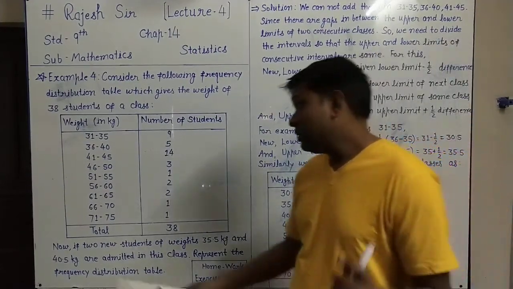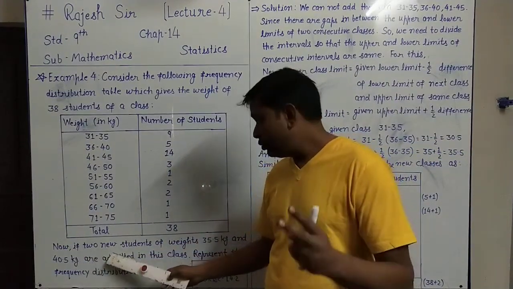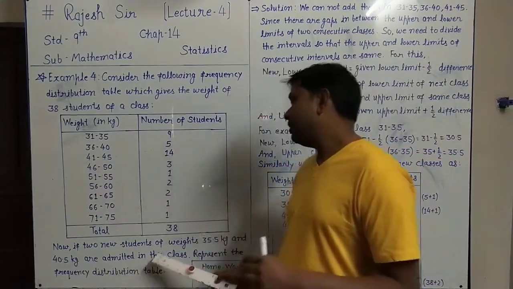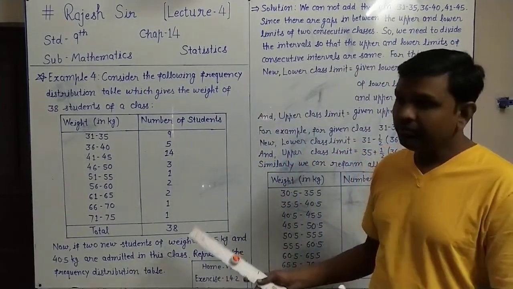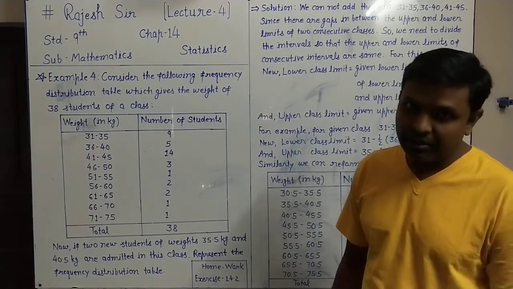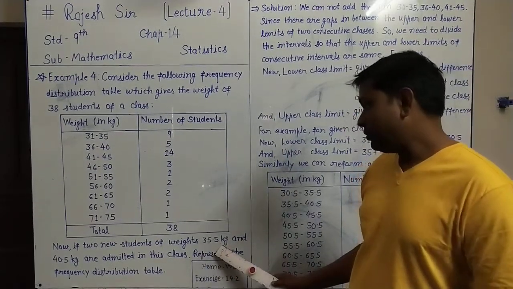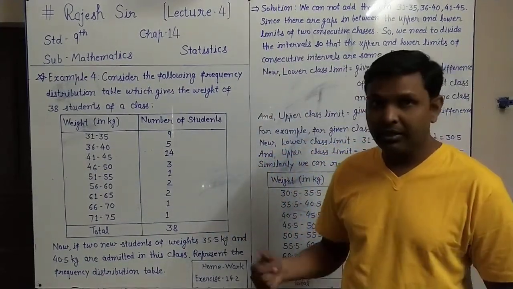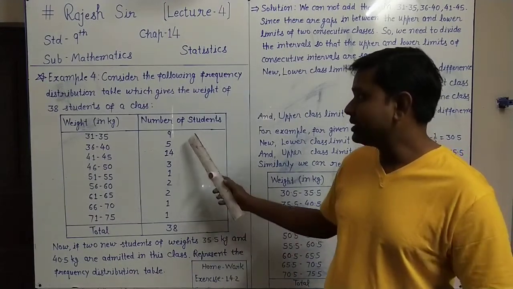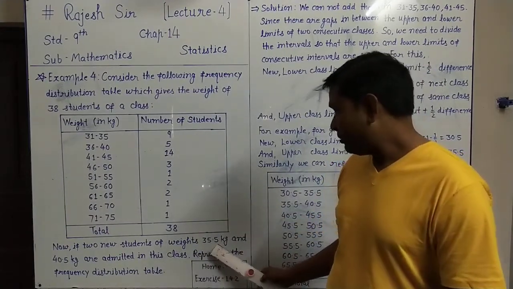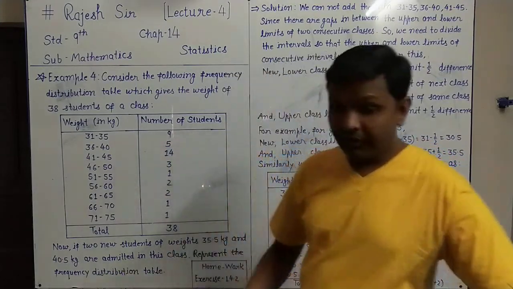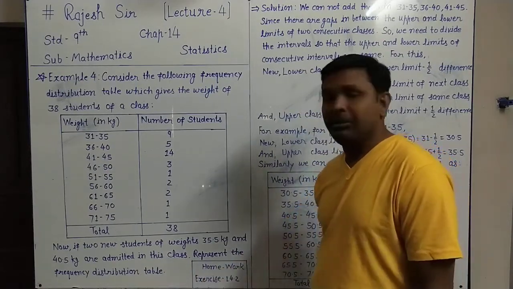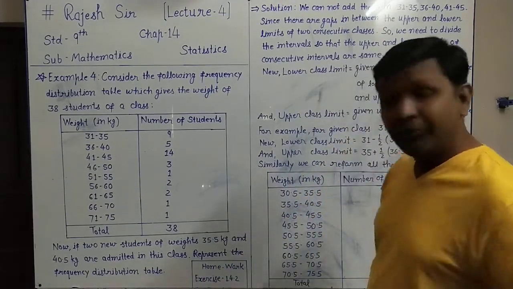Now the question is: if two new students of weights 35.5 kilogram and 40.5 kilogram are admitted in the class, a new admission, and their weights are 35.5 kilogram and 40.5 kilogram, and our 38 students' list is this way, then we have to represent the frequency distribution table. So the very obvious question is,